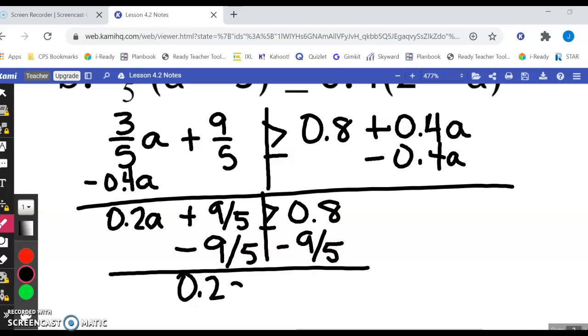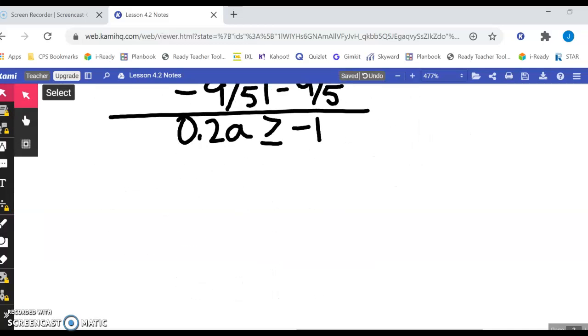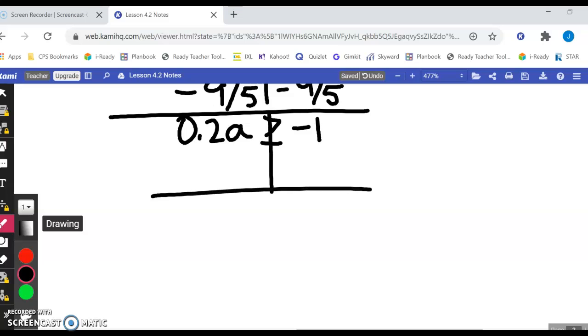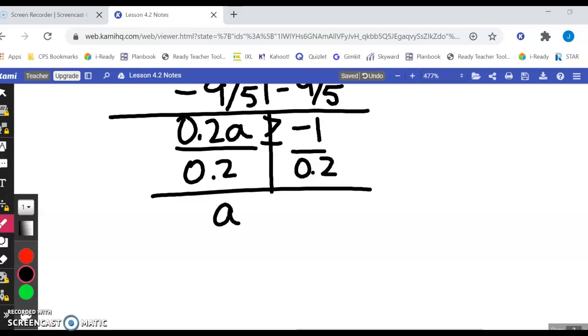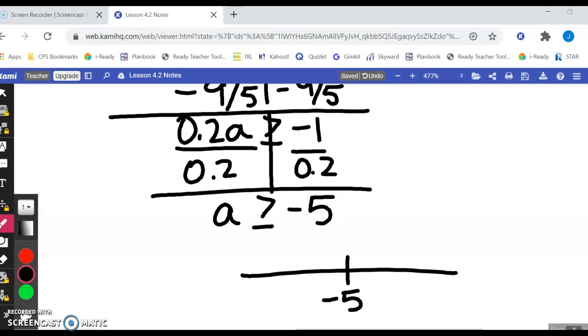So I'm going to have 0.2a is greater than or equal to -1. And then I am going to divide by 0.2. And I'm dividing by a positive, so I'm not flipping the sign. And -1 divided by 0.2 is -5. So negative 5 goes here. A is greater than or equal to, so we're going to shade in and shade